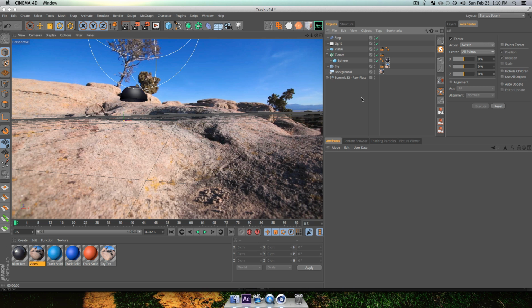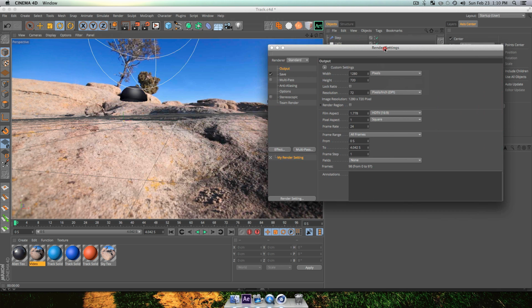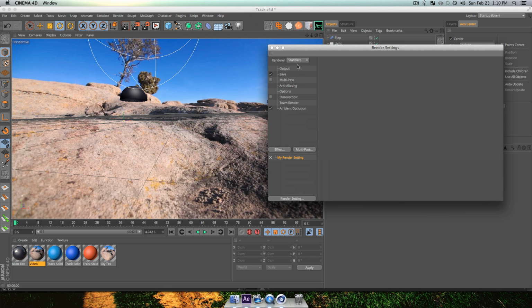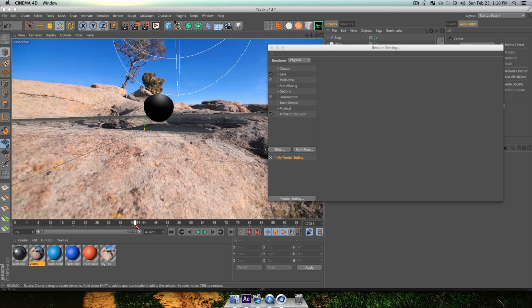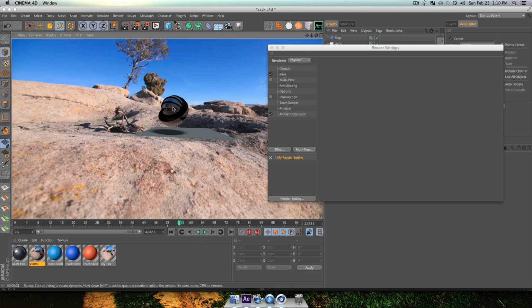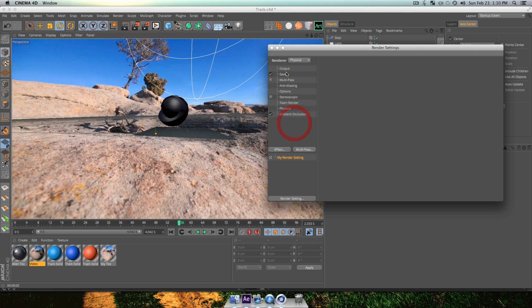So basically our scene is set up. Now what we're going to do is go over to our render settings here and actually just change a couple things. So first I'm going to right click and go down to ambient occlusion and just keep that at the default. If you have the physical render, you can change it to physical. It'll work without the physical just fine. But let me do Command R, and now we're seeing our scene looks great. This is obviously not going to be there in our final, but it's going to work out great.